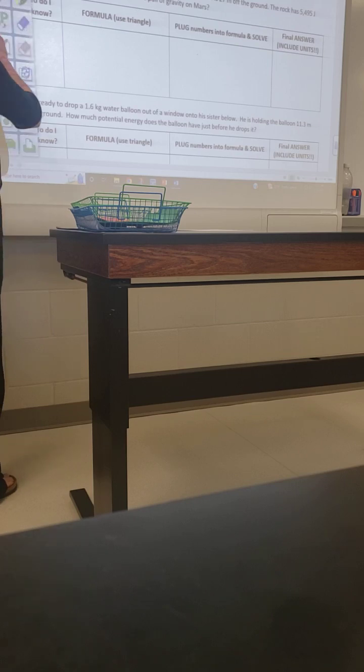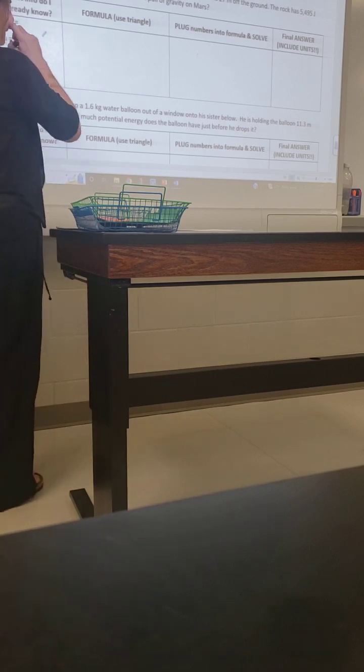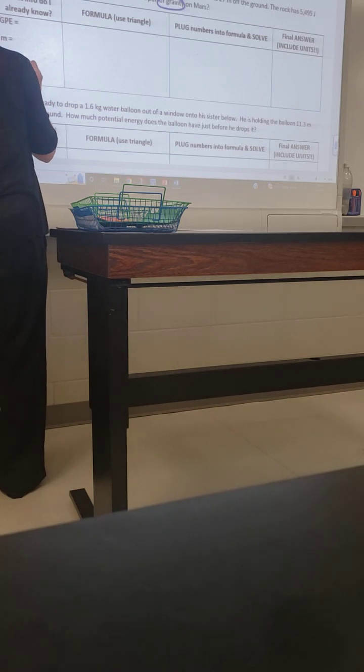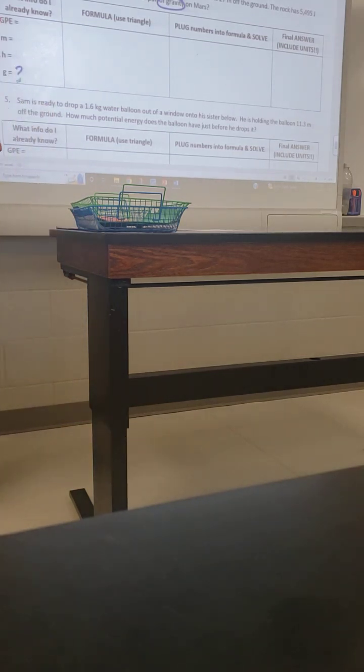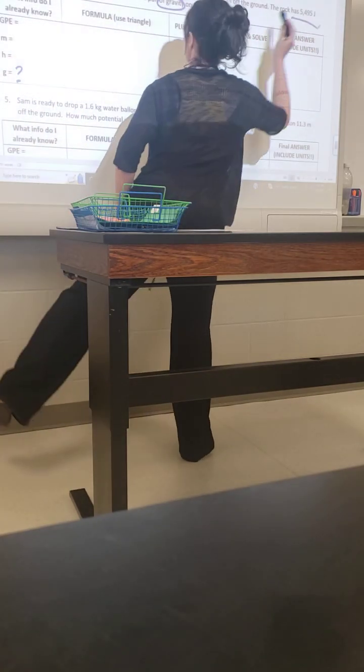Let's look at number 4. On Mars, a rock with a mass of 55 kilograms is sitting on a ledge of a cliff that is 27 meters off the ground. The rock has 5,495 joules of GPE. Based on this information, what is the pull of gravity on Mars? What am I solving for in this situation? Brookson? Gravity. Yeah, we're actually solving for gravity, which makes sense because we are not on Earth and we don't know what that is. It's not given at that point. What is a piece of information given, Veronica? Good, and so that's my GPE,